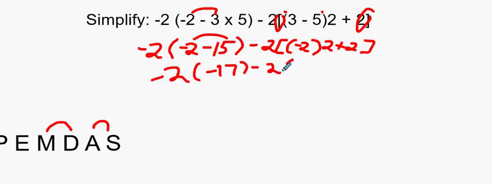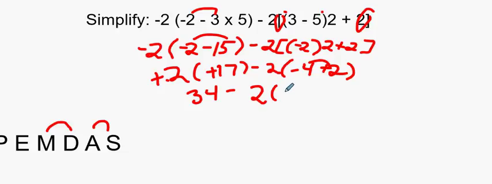Minus 2 times negative 4 plus 2. Notice again, I turn my brackets into parentheses when I'm ready to downgrade from that particular symbol of inclusion. Now, negative 2 times negative 17 negates the signs. We have two negatives equals a positive. You can check it on your calculator, 34. Minus, we can combine our like terms here. So it's 2 times negative 8. Final answer,